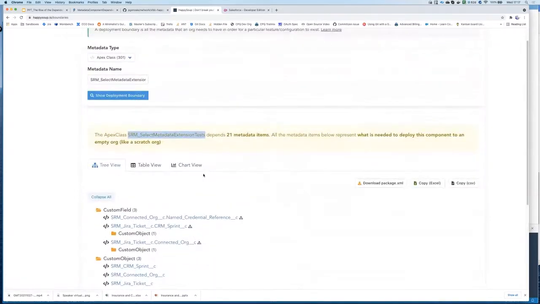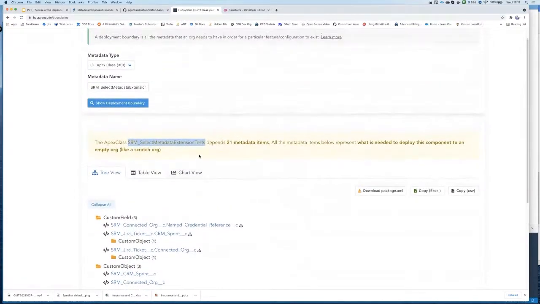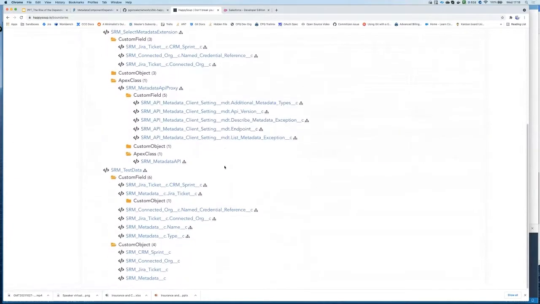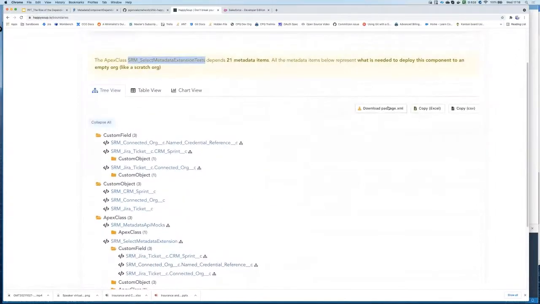So the reason this is called a deployment boundary is because if you're working with Scratch orgs and you have a brand new empty org, let's say that you wanted to do some development on this metadata item. You could not just copy paste the code from your source org into your Scratch org. It just wouldn't work because this class needs a lot of things before it can actually exist. But because you have the deployment boundary, you can actually retrieve this from your source org and deploy it to your Scratch org as a pre-deployment step, kind of like